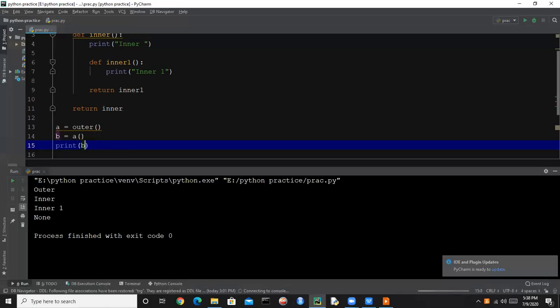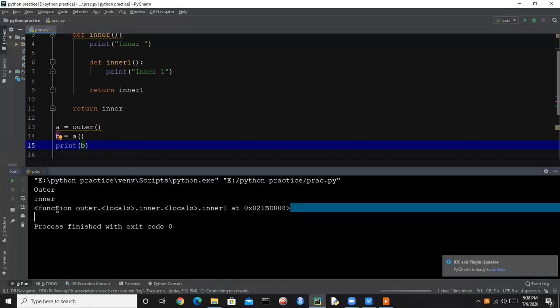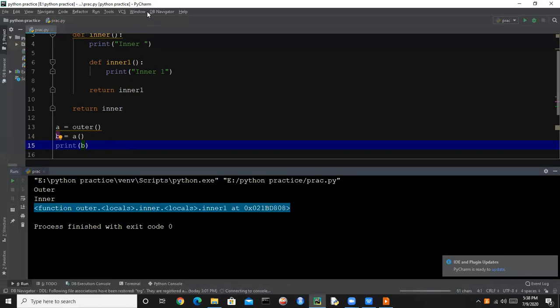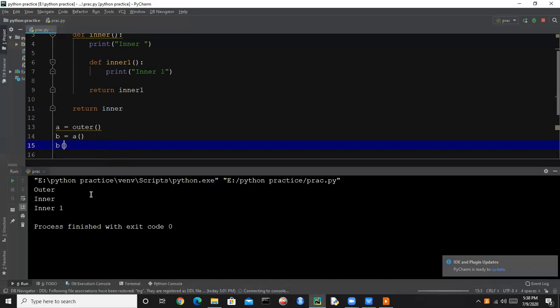Let's see b. So it is saying outer, inner, and this will print the address of the local inner. So now we just call b. Now let's see the output: outer, inner 1.